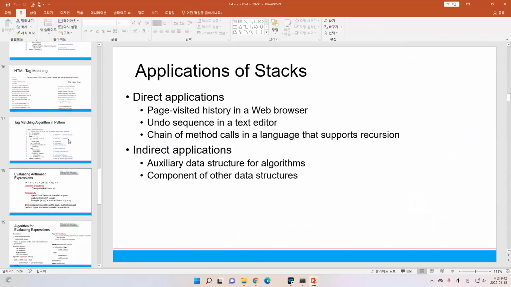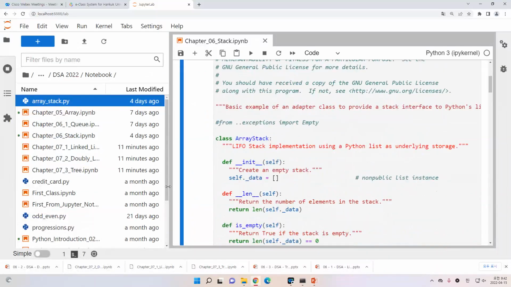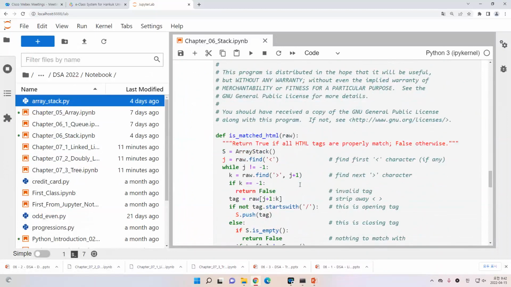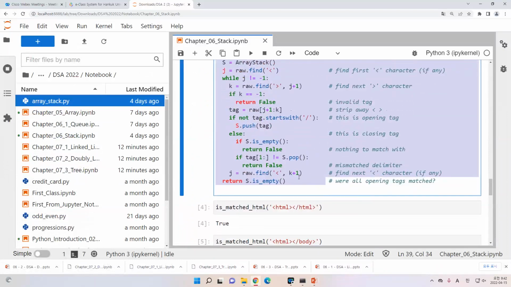And we already reached this section, about the tag matching. So we want to find whether the tags in HTML are matched or not. And this is the code. You can see also the code that I give to you in the Jupyter lab. So we have the match.html. If you run this code,